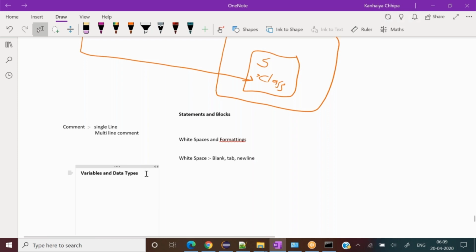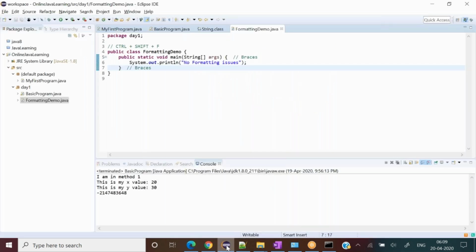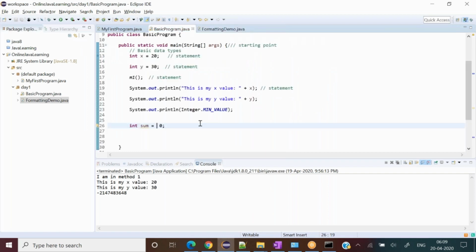So variable, we discussed yesterday also with respect to one of the terms related to the integer variable. By its definition itself, a variable is the thing which varies, which gets changed over a period of time. But the data type should be the same itself. Like yesterday we discussed the integer.